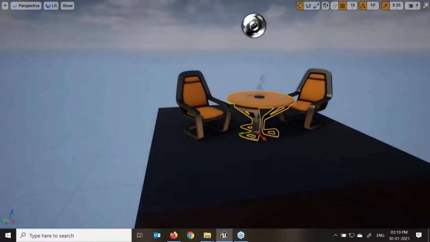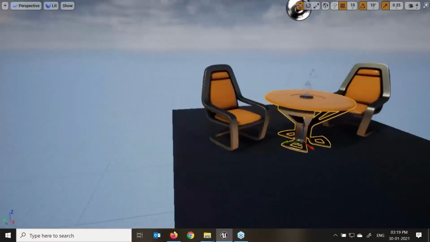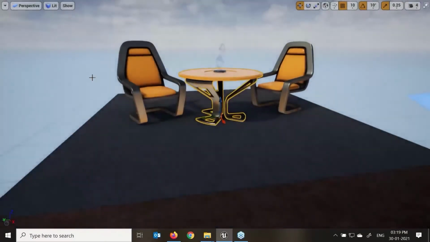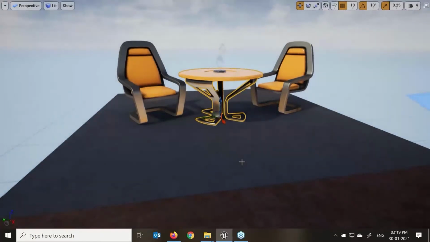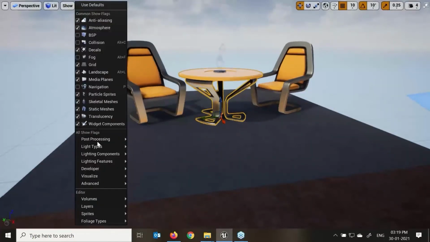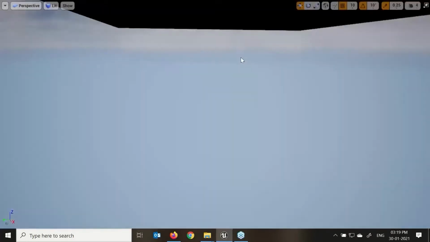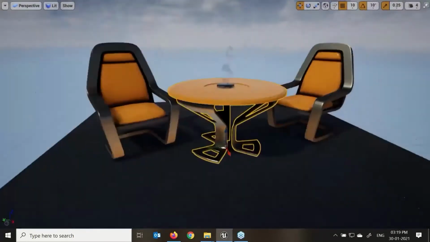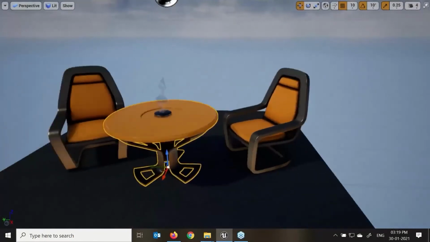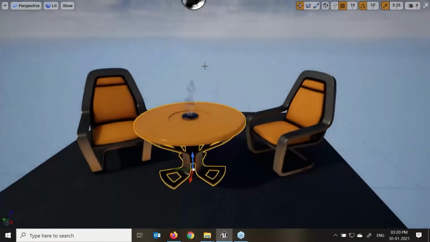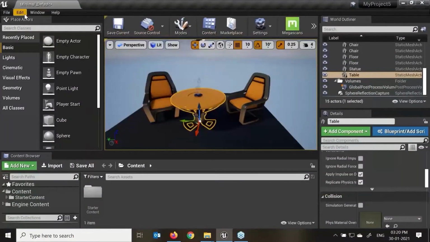There are different movements I'll explain also, like how we can work with the different keyboard shortcuts and the mouse movement, right? You have WASD, the keys. Post processing, if I click on the bloom, here you can see I'm not able to see the bloom effect in my scene now. I'll just maximize and minimize that.